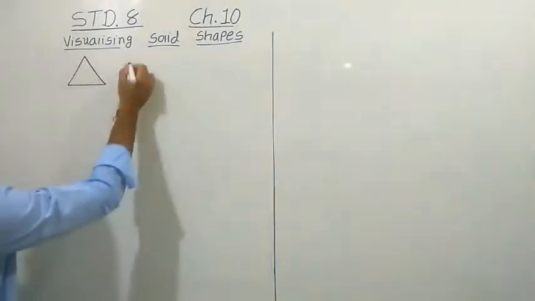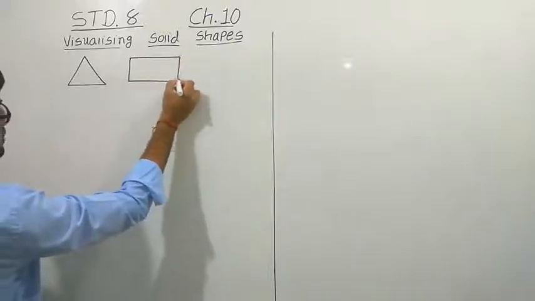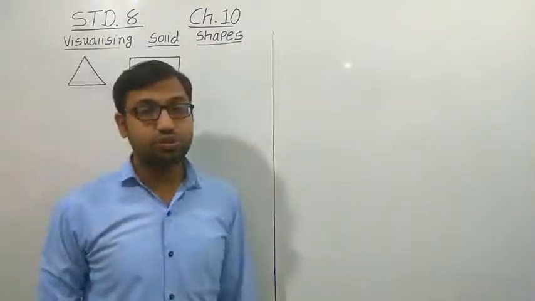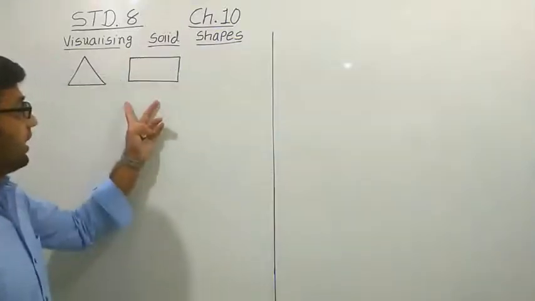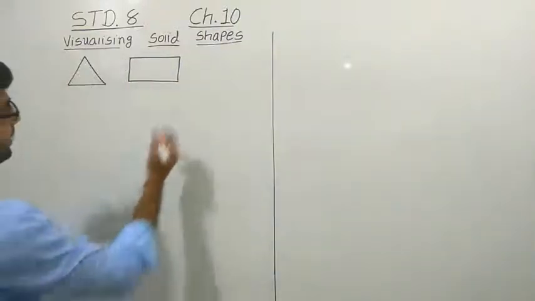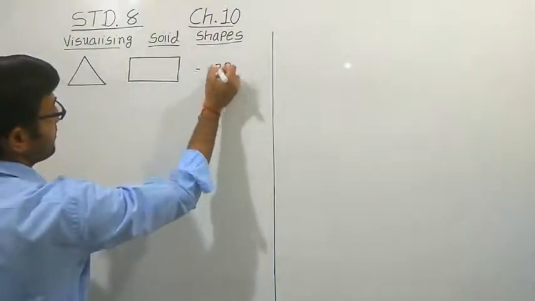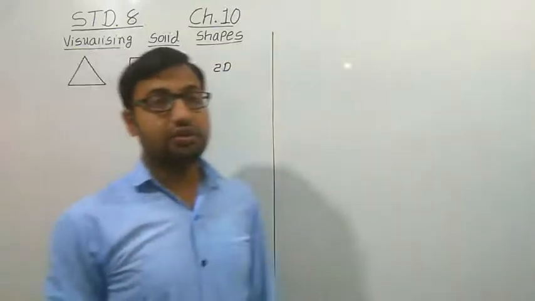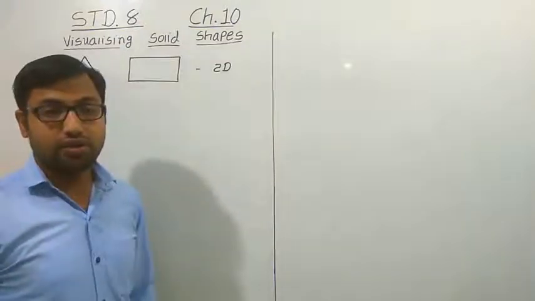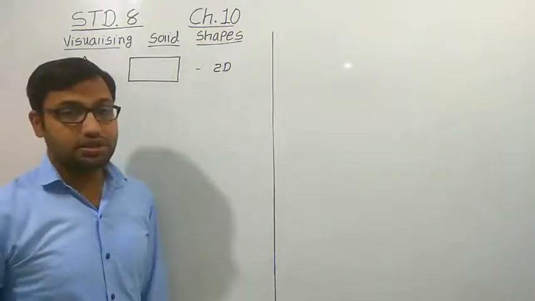One more example let us take. Suppose there is a rectangle. This is also a two-dimension figure, because here we require only two quantities, right? Like length and breadth. So we can call this type of shape a two-dimension shape, 2D shapes. Like we can also say that circles, quadrilaterals, pentagon, hexagon, all that kind of shapes are two-dimension shapes.